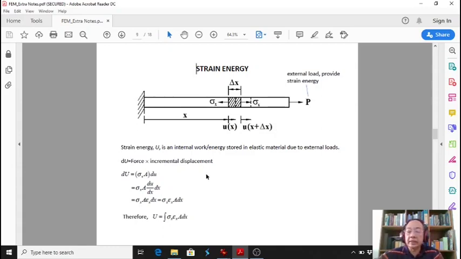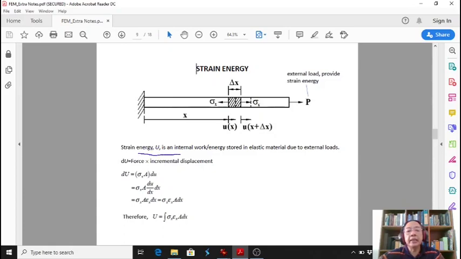We consider one bar here subjected to P. P is external load. So this P will provide strain energy. The strain energy U